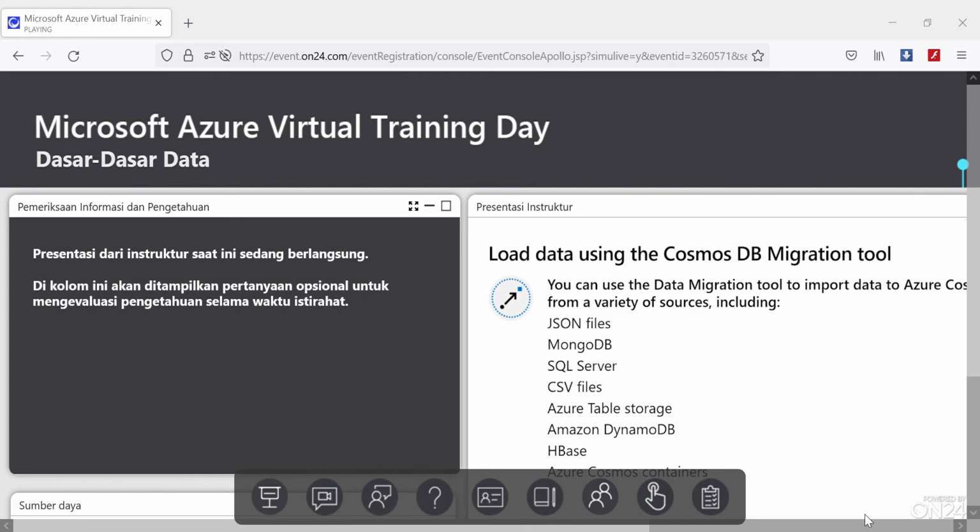The tool can be used to either populate an existing container or create a new one if the specified container doesn't exist already. And you can also use the data migration tool to export data from an Azure Cosmos DB container to a JSON file that can be either locally hosted or hosted on Azure Blob Storage, for example. If you have a lot of data, the data migration tool can also make use of multiple concurrent threads to batch your data into chunks and then load those chunks in parallel. So let's take a look at how we can use the